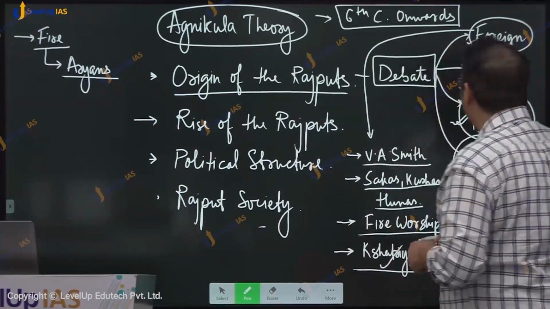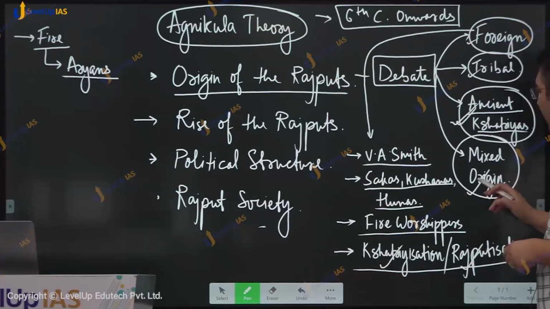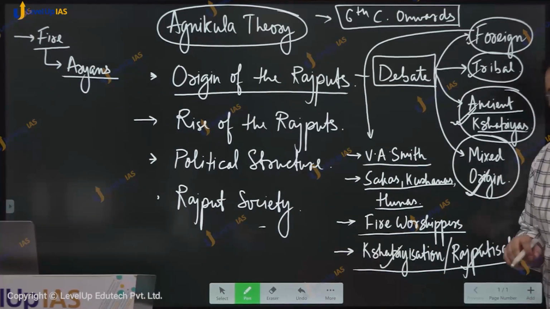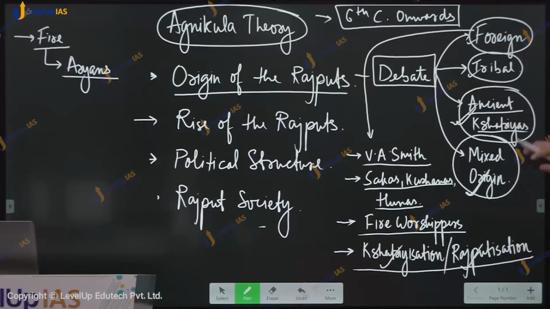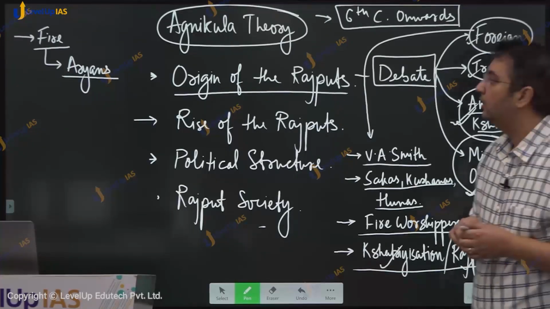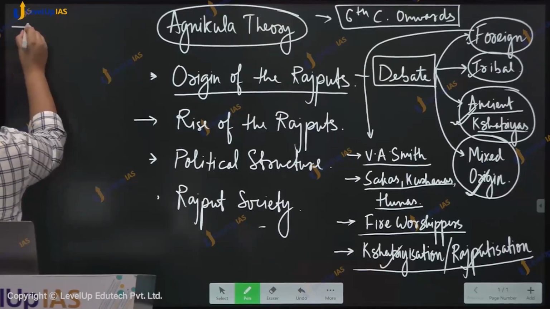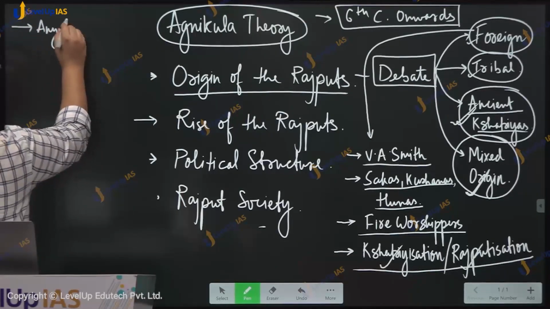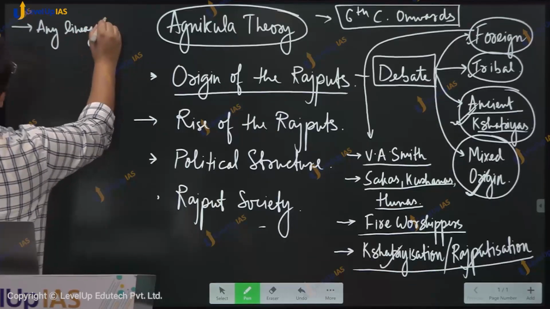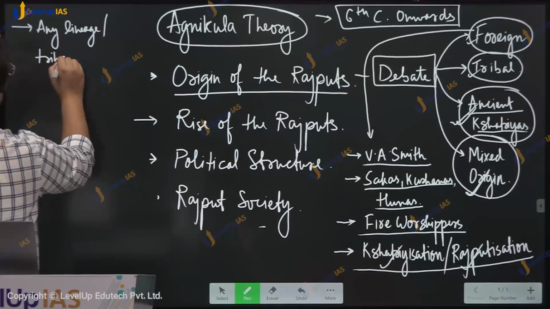summing it all up, historians such as D.P. Chatterjee have argued that the Rajputs had a mixed origin. The question of whether they had a foreign origin or an indigenous origin, that is not the relevant question. What we have to understand here is the process of the emergence of Rajputs. So they have said that any lineage or tribal group